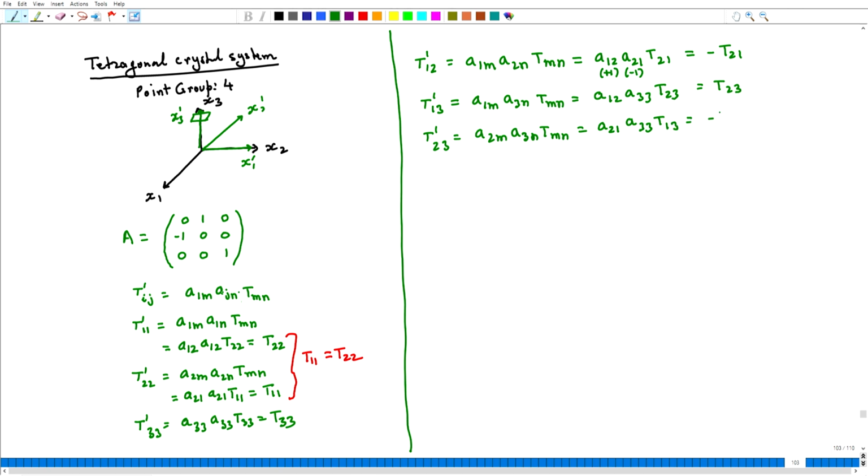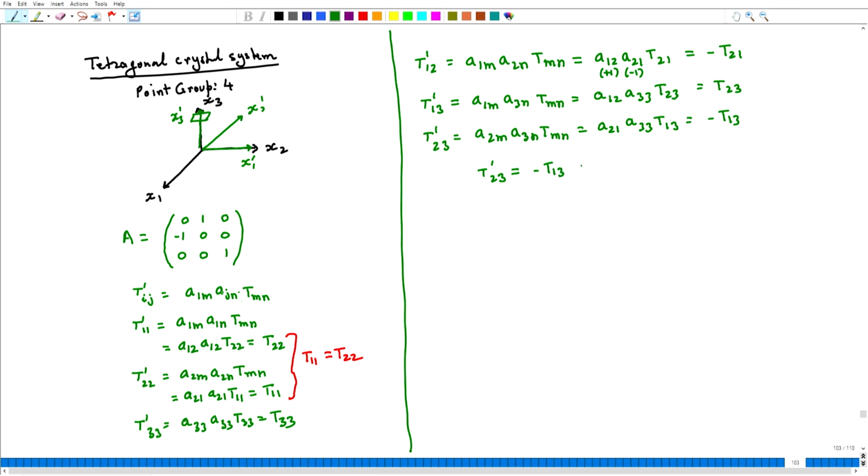This is equal to minus t13. Let us see what we can conclude from here. That T prime 23 equals minus t13,